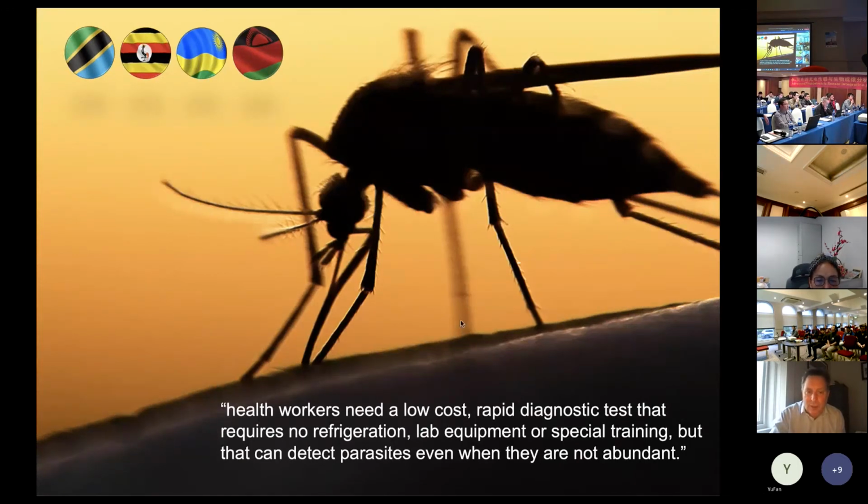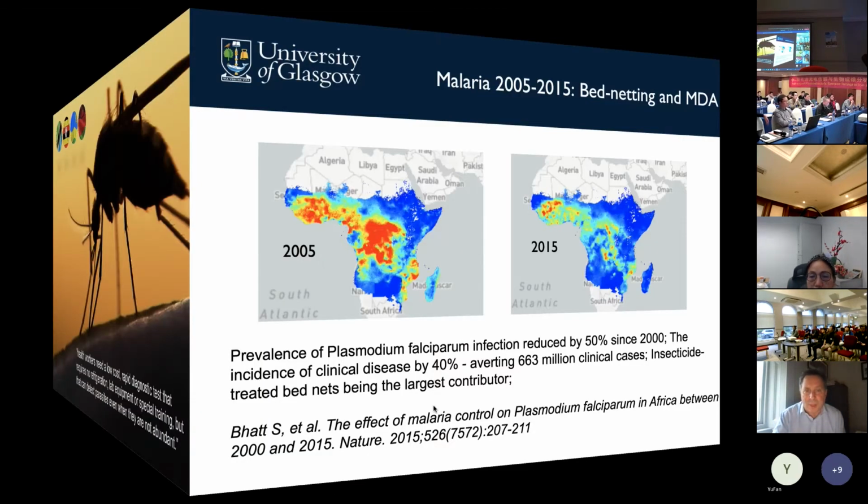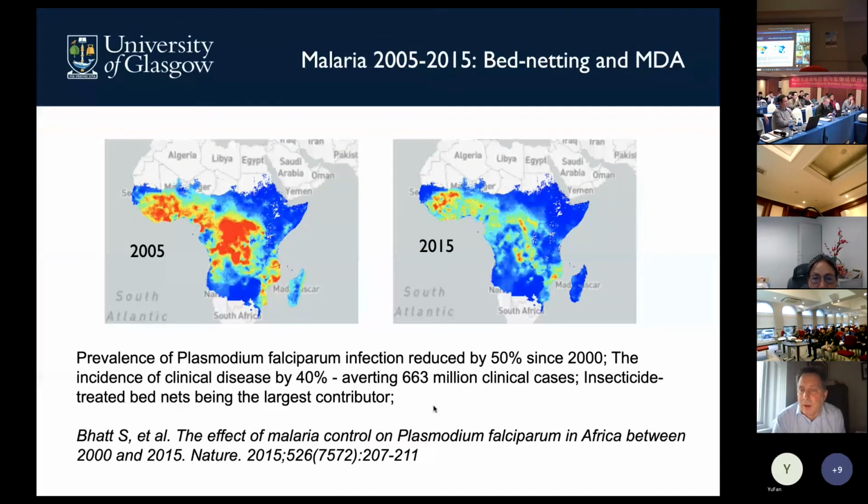And actually, this is a quote from the World Health Organization saying what healthcare workers need are low-cost rapid diagnostic tests that require no refrigeration, no lab equipment or specialized training, that can detect parasites in low abundances. So if we look at malaria as our first case study, and it's the one actually that we've done the